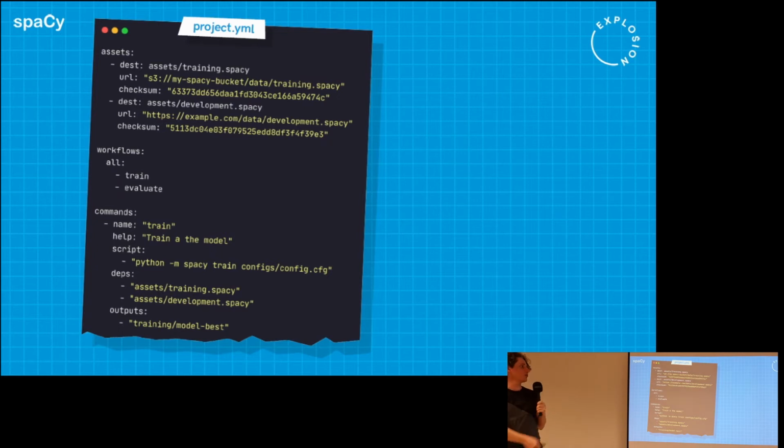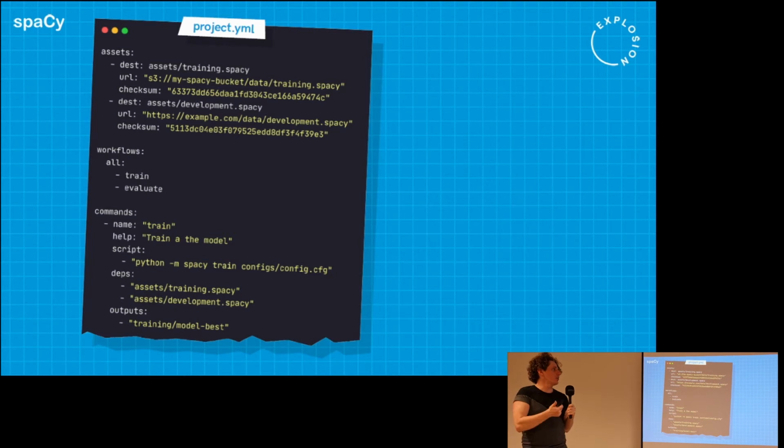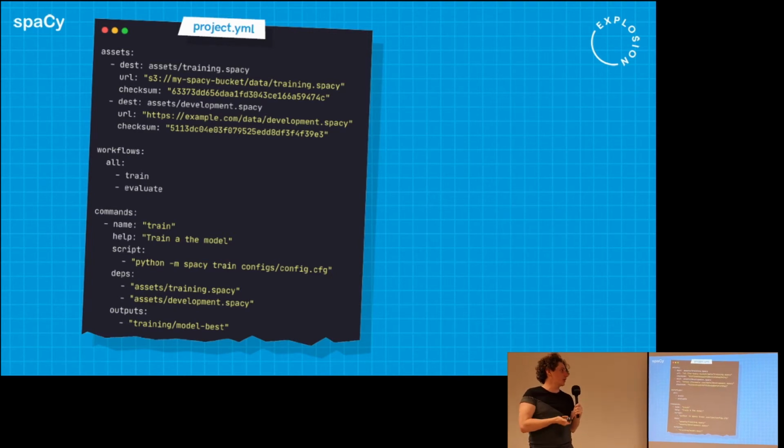So here's what the YAML structure looks like. To be honest, YAML isn't my favorite markup language, but it's quite the standard for this type of thing. We tried to stick quite closely to the YAML structures that people might be familiar with from tools like Azure Pipelines or Buildkite. And overall, I think we're not using anything too crazy in the language and it comes together quite well.